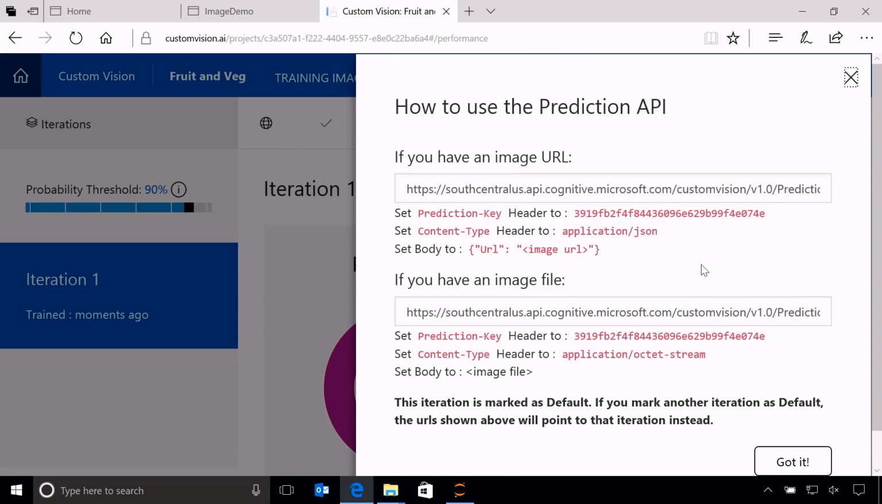And there's a couple of ways you can do this. You can upload an image, or you can specify a URL to an image for it to test, and we're just going to use a URL. So we need to have the prediction key. That's the key for my project. That's what authenticates me. And we need to have the URL for my project. Now it gives me the entire URL here. Actually, all I need out of this, if I just scroll along here, is this project ID here. So I'm just going to grab that,